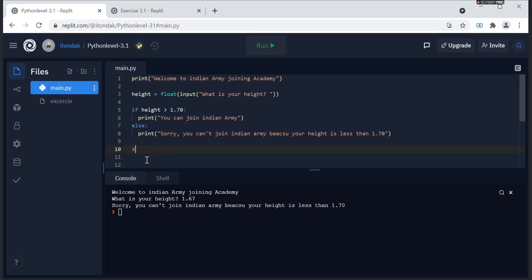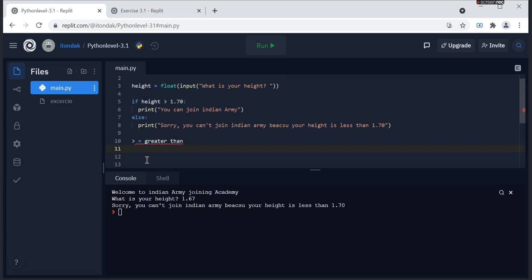This sign is greater than. This sign is less than.